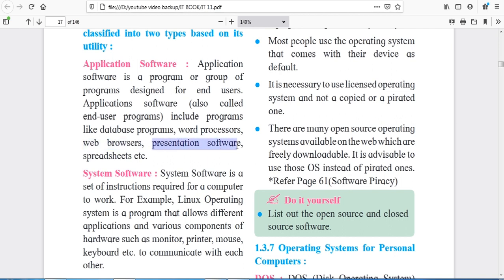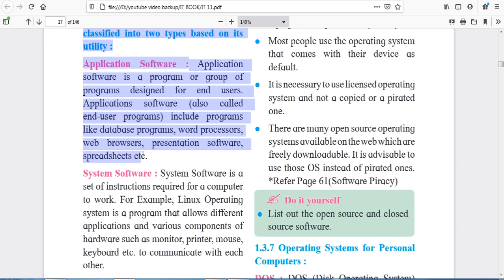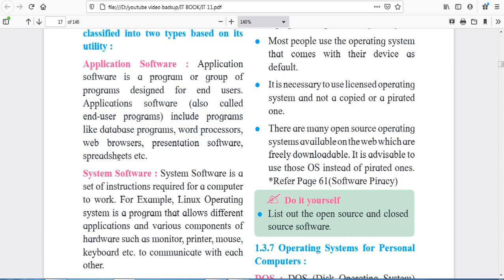Presentation software, we all know we make PPTs, PowerPoint presentations, that is presentation software. This is application software. And spreadsheet, you all know the Excel sheet in Microsoft Excel. You can perform mathematical operations and arrange the data row and column wise in this spreadsheet. So these are the application software.